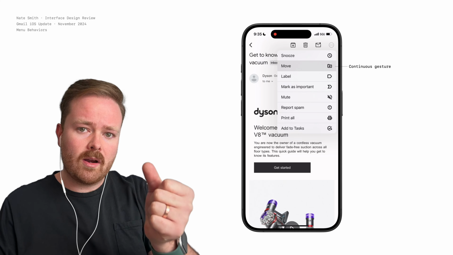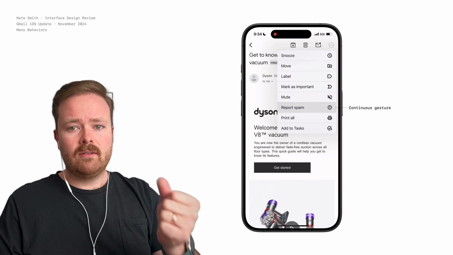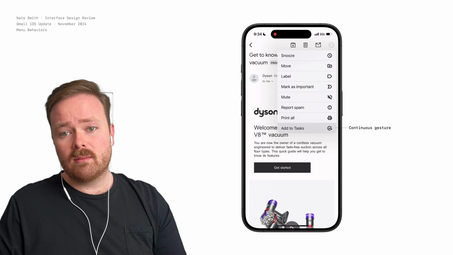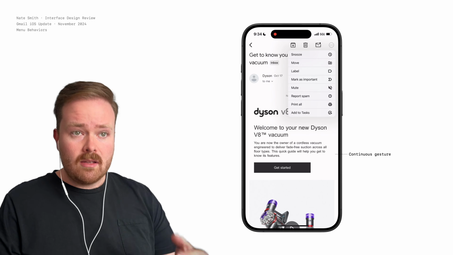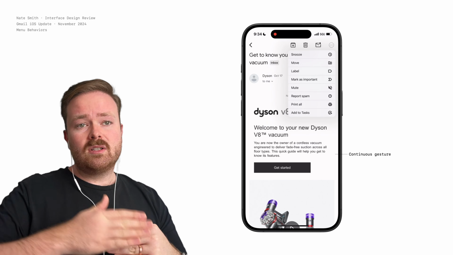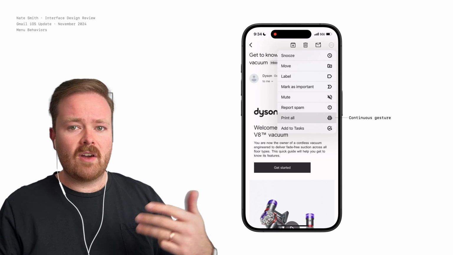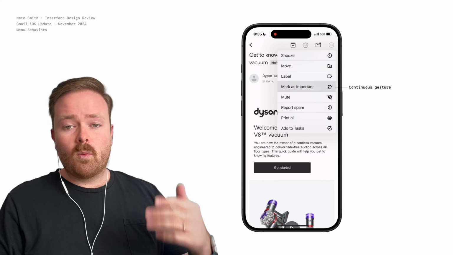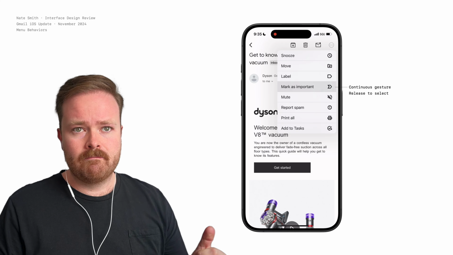As I cross from one item to the next, I'm going to feel this kind of haptic tap. Once I get to the bottom of the list and move across the last item, it's going to show me visibly that I've gotten through all the options by scaling down the menu. I can move back up, find the item I'm looking for, then once I've arrived on it, I can simply release to select it.